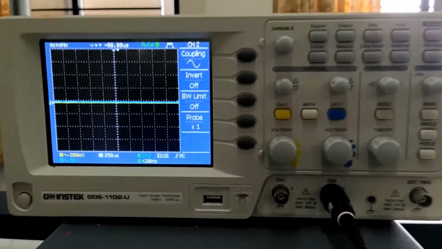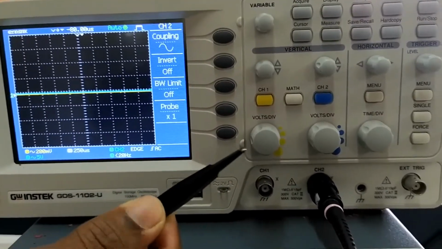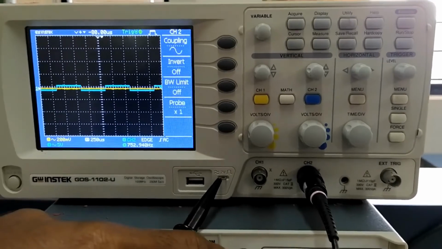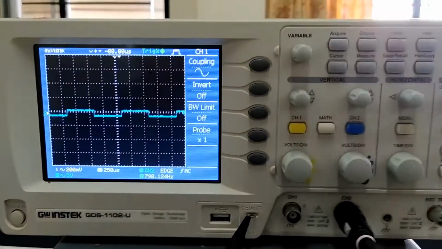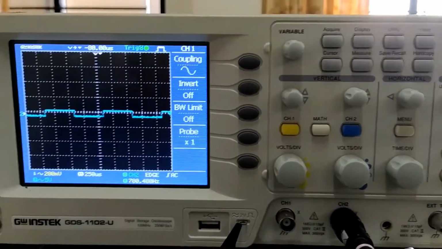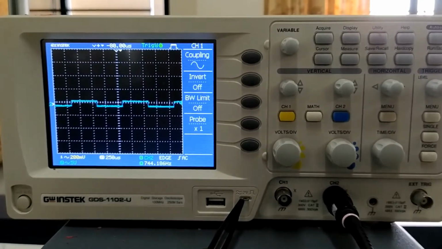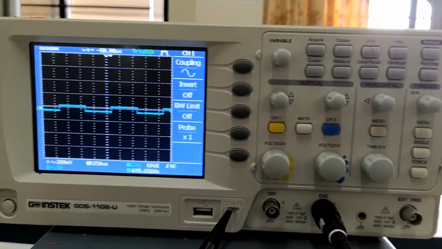So you can see a button here. You can see something called as 2 volt here, right? So you need to connect it to that 2 volt. And as soon as you connect it, can you see there is, I'll remove this yellow line. Okay, now can you see some sine waveform? So as soon as you can see a sine waveform, you say that this DSO and the channel and the probe is working fine. So let me explain some things with respect to this.